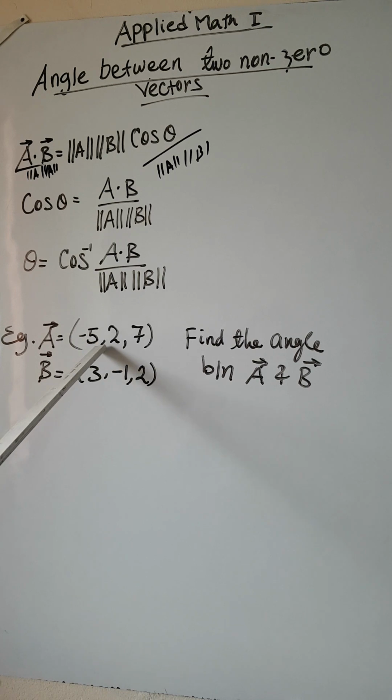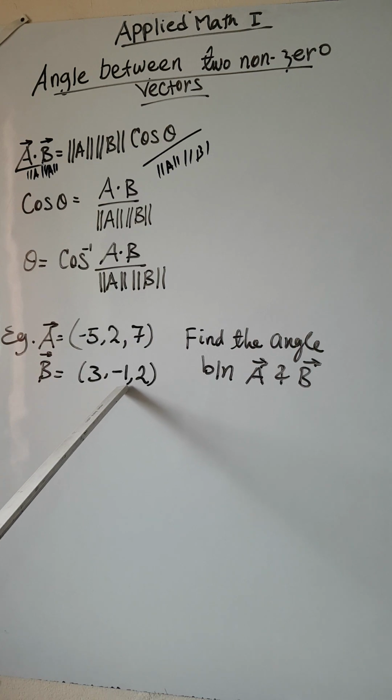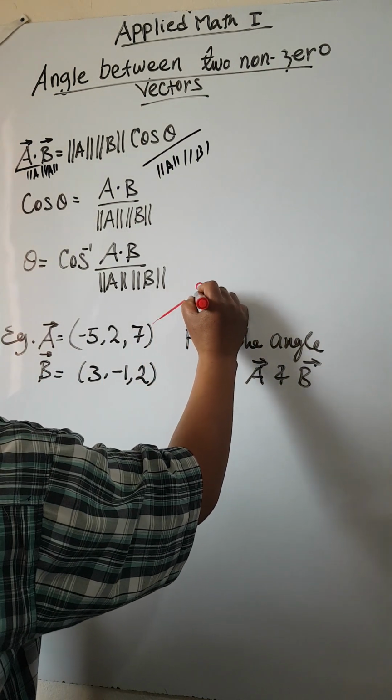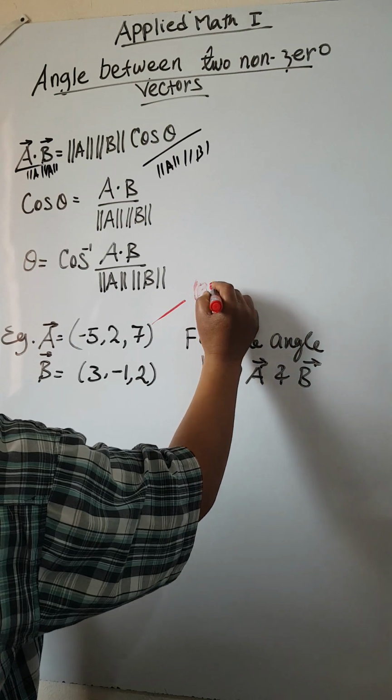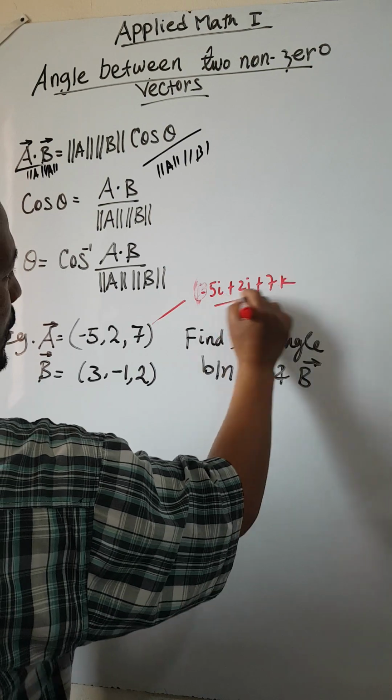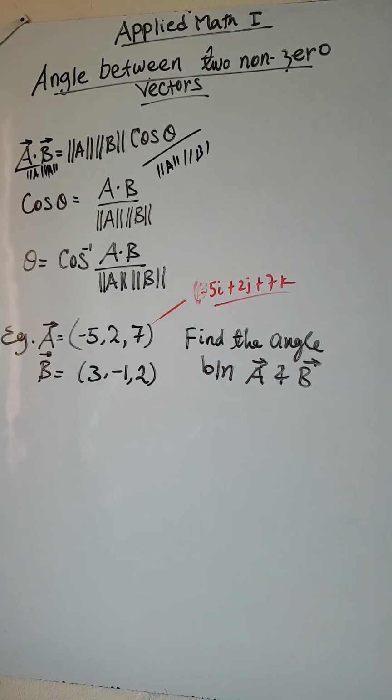ይሄንን አሁን እንመለከታለን። ለምሳሌ ሁለት ቬክተሮች, vector a is -5 2 7 and vector b is 3 -1 2 ቢኖረን በሁለቱ መካከል ያለው አንግል ምን ያህል ነው? ይሄ ቬክተር ምን ማለት ነው? This is to mean -5i plus 2j plus 7k ማለት ነው። ቬክተሩ ሲምፕሊ እንደዚህ ስለተገለጸ ግራ እንዳይገባ።